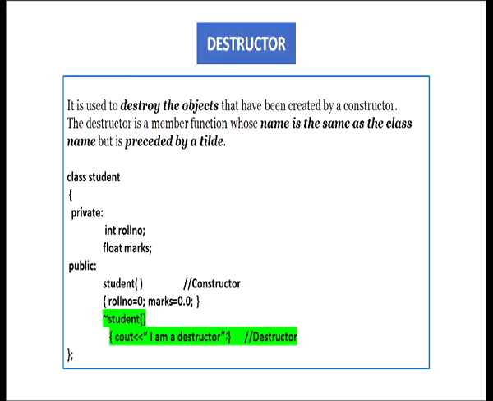We are taking the example of class student again with data members roll number and marks. Now, in the public section we are declaring a constructor Student and we are assigning default values, 0 to roll number and 0.0 to marks. Let us now declare a destructor. We can see a tilde sign followed by the name of the class, followed by a set of parentheses. And in the body of the destructor we are simply displaying "I am a destructor". So, this is how you can define a destructor in a class. Again, the destructor should be in the public section because it is also invoked by the object.